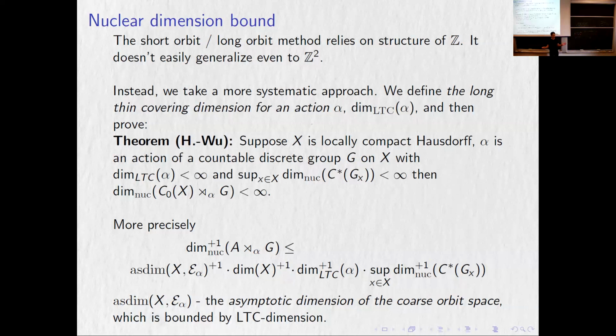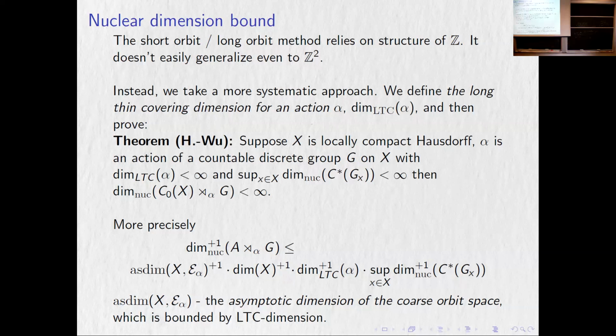If you have an action of Z squared and you pick a point, you might act on it freely, but maybe it's free in one direction and not free in the other. You have lots of different directions. Trying to take that into account and make sense of some sort of breakup which would work looks like a nightmare, and at least we had no idea what to do with it. So that method was very specific to the integers, and also to the reals. We have a version of that for the reals, which is more technical, but it can be done as well. But at least for Z squared, that idea doesn't seem to work.